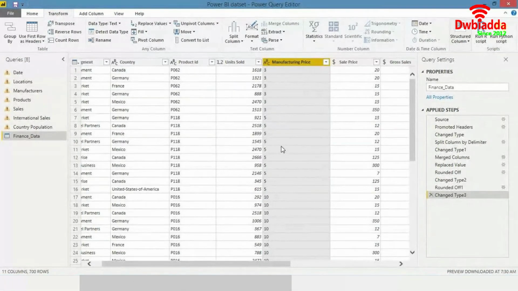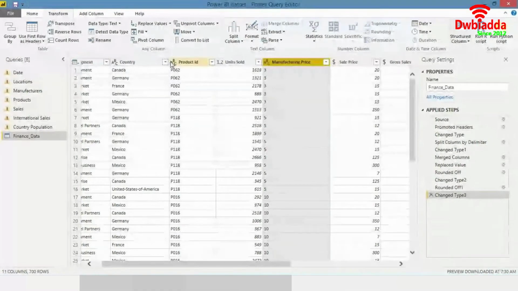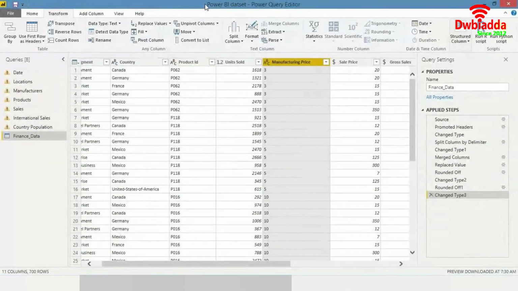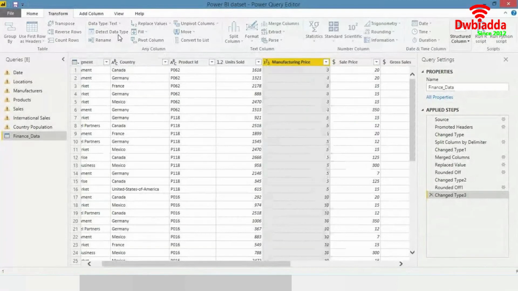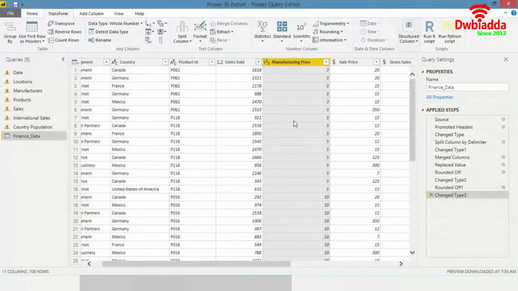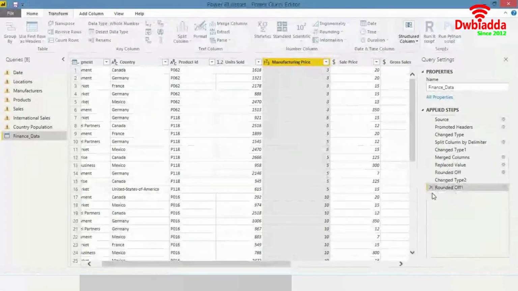So we have this functionality over here which will allow you to detect what data type it is. You can simply click on the column and click on detect data type. It will detect the data type. So it identified the data as a whole number, and it changed the data type automatically over here. All right, we can do that step.